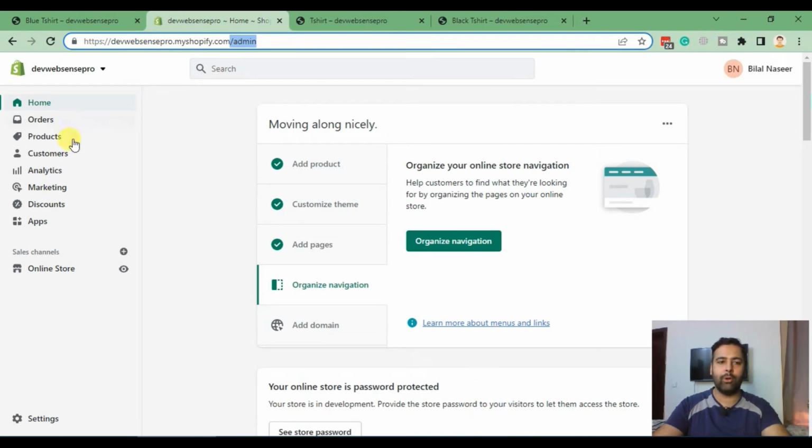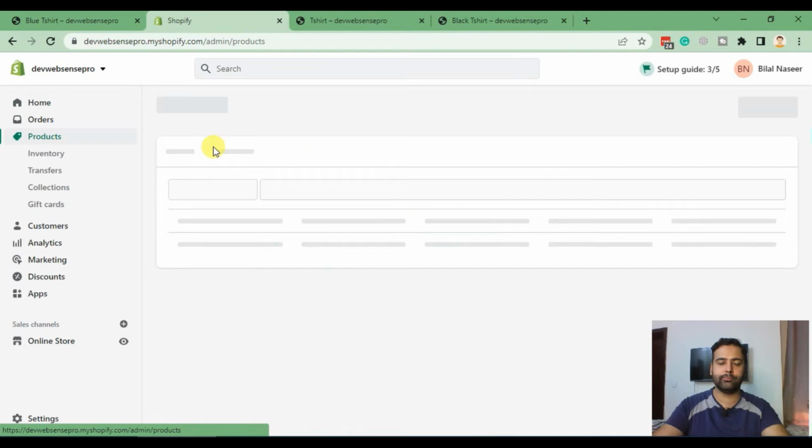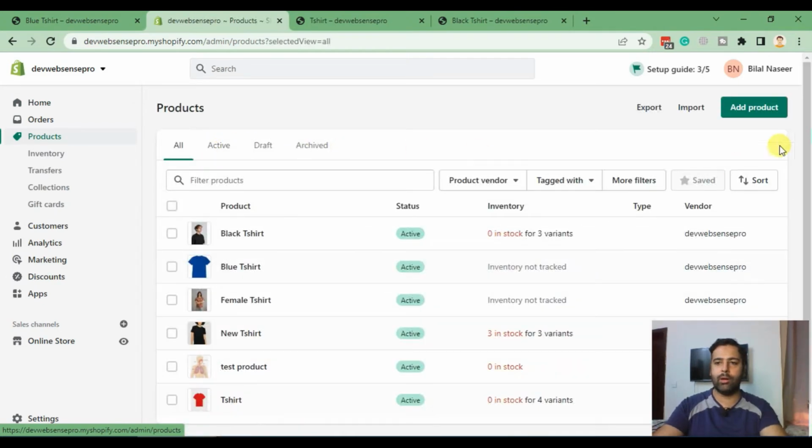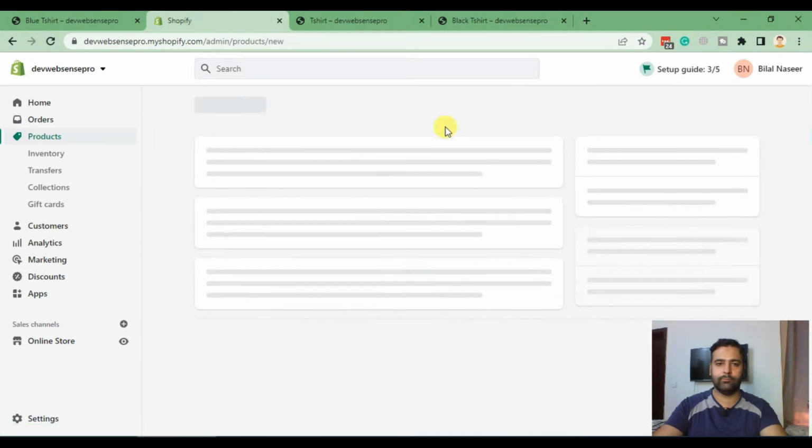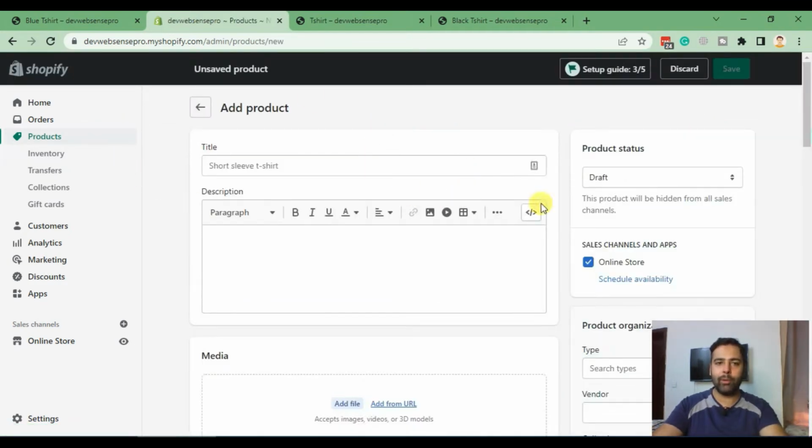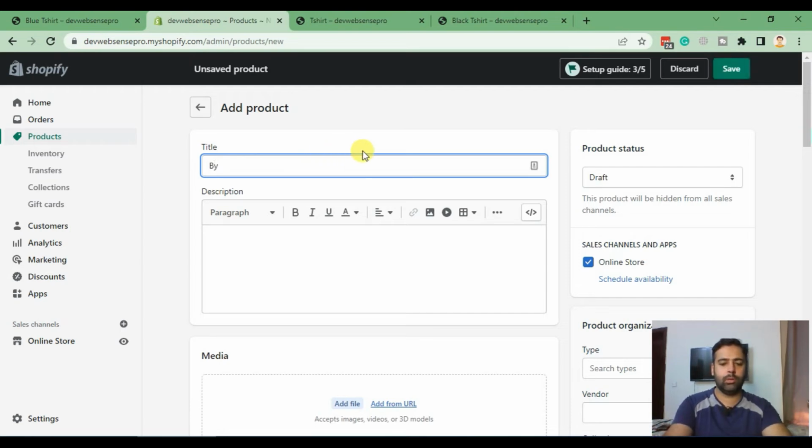Once you're on your dashboard, click on products and then click on add product. Once you click on add product, you will see a screen like this where this is the title, or you can say the name of your product. We will add it, so for example, I add